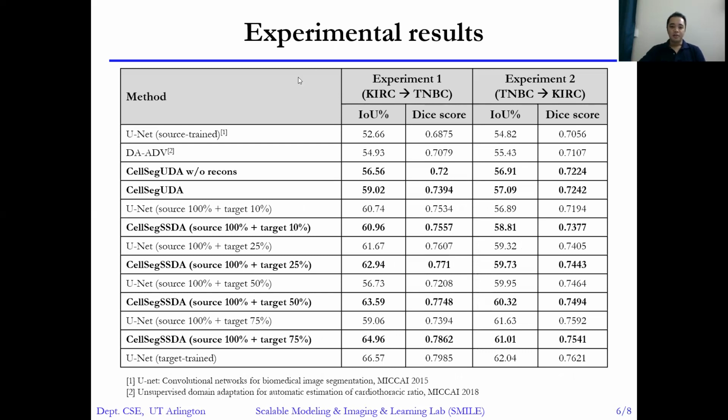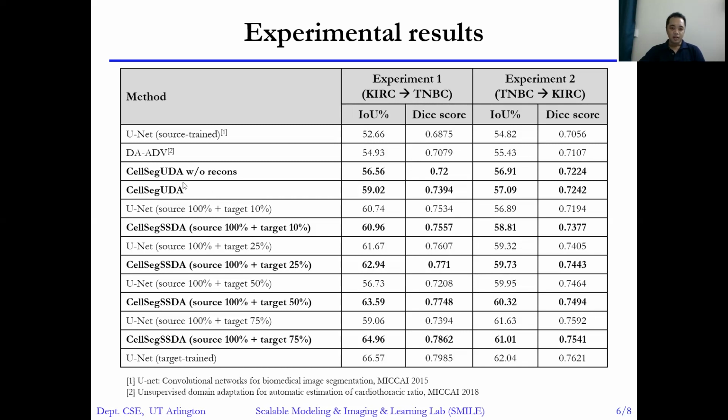Here is the experimental result. You can see that our unsupervised domain adaptation network outperforms both of the baselines, which are UNet and another adversarial domain network, which is D8ADV. And from the third and fourth rows of this table, you can see that our decoder network really improves the